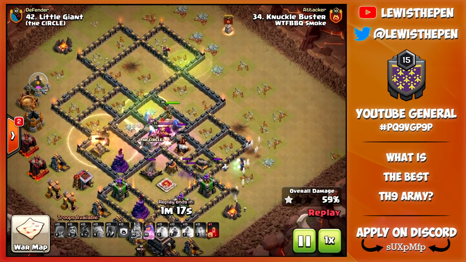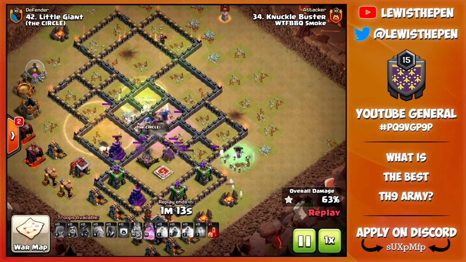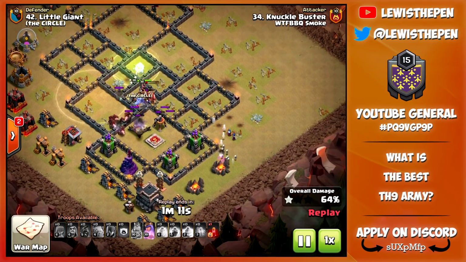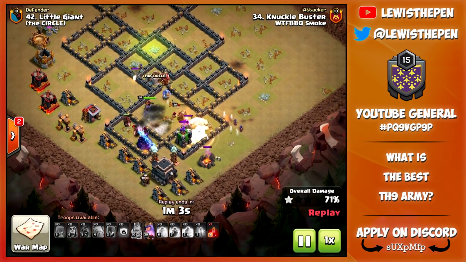But let's just say GoBoHo or something like that. And let's see. So he's got a couple of witches walking around the other side. They are going to go down to an archer tower. He also has the skeleton spell here to tank a couple of defenses at the bottom. Queen's ability still. And he's got quite a lot of troops walking around the outside just to clean up all